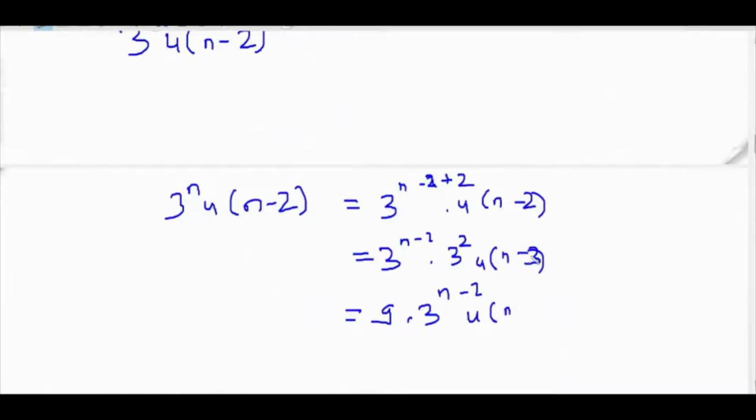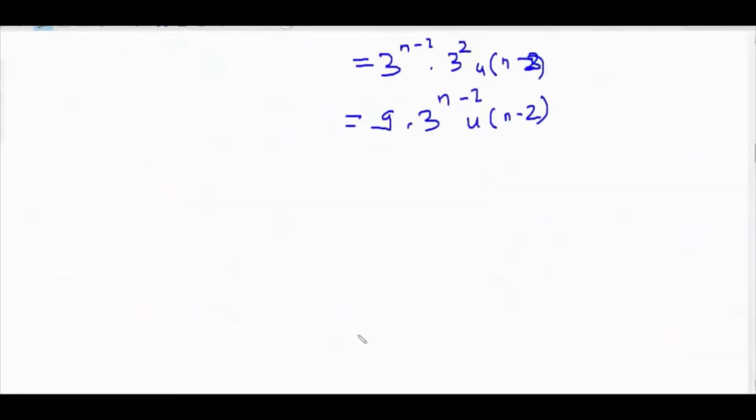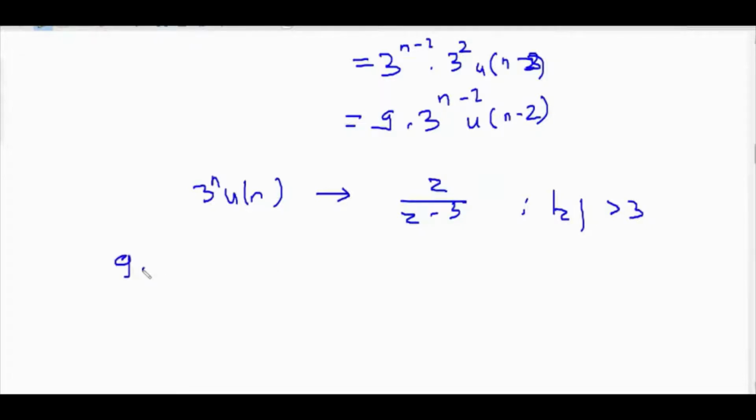Now, the Z transform of 3 raised to n u of n is z upon z minus 3, ROC magnitude z greater than 3. Therefore, 9 into 3 raised to n minus 2 into u of n minus 2 has Z transform